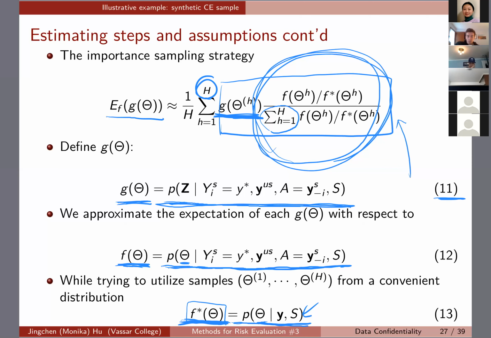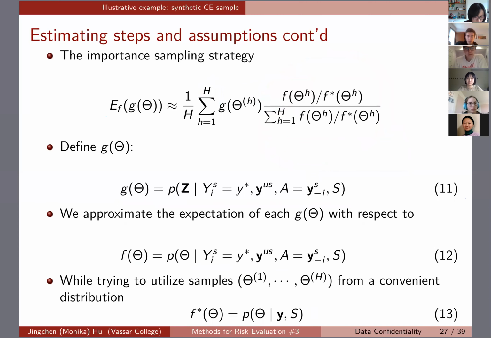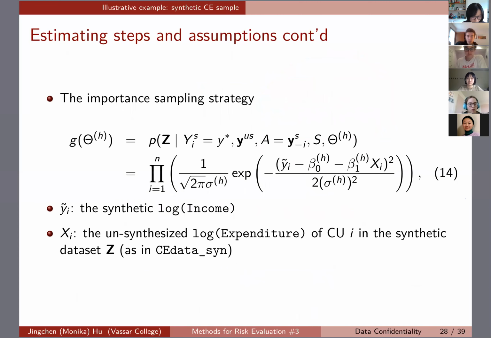So we have to figure out, as you can see now, what is H, what is G, what is F, and what is F star. Okay. So keep that in mind. I know it might still not be the clearest at the moment, but now we are able to put it into the context of what we're doing. Okay, so remember I was saying G theta H will be the goal that we're estimating right here. So what that means, if you look at equation 14,